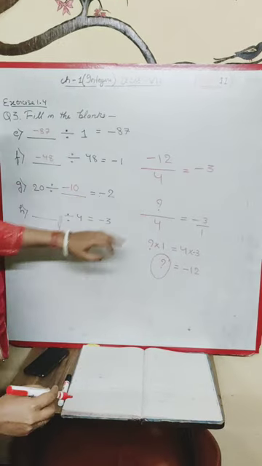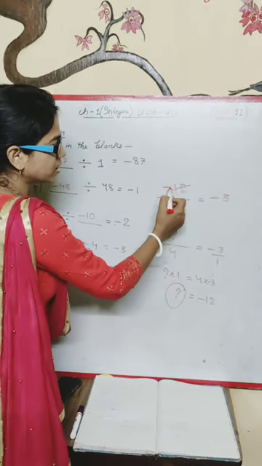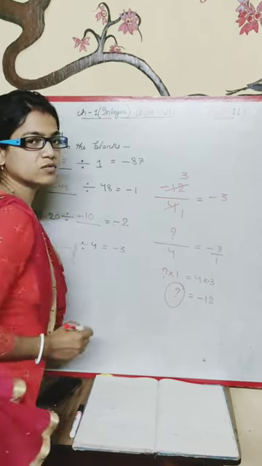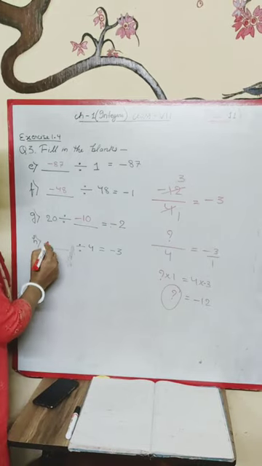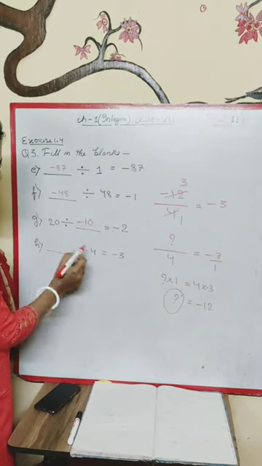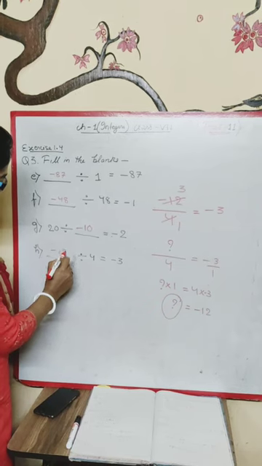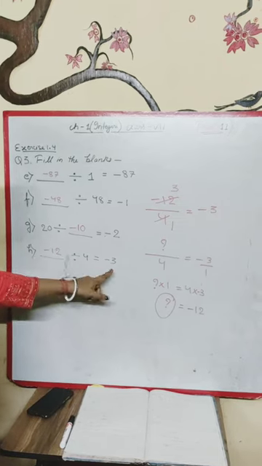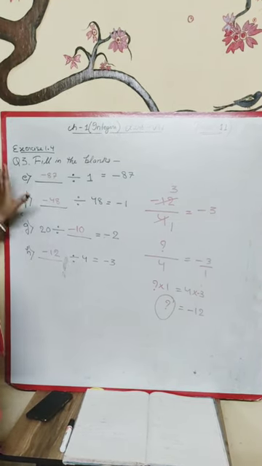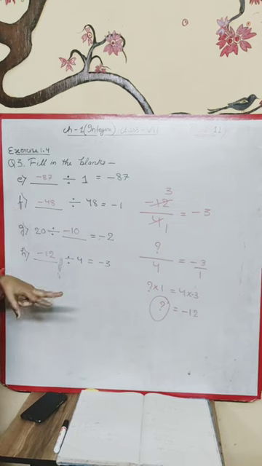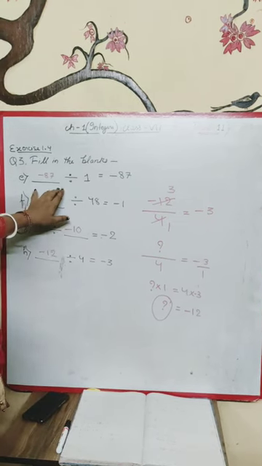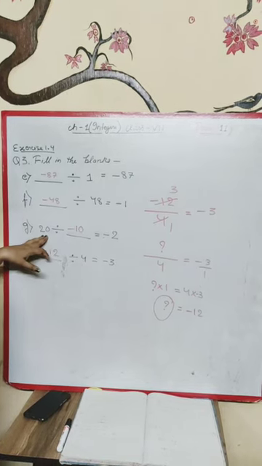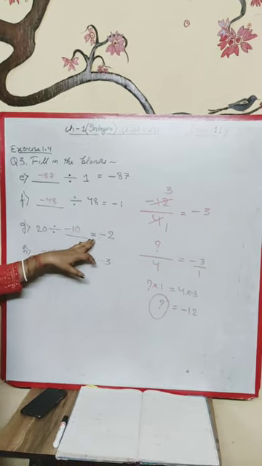You just check the answer. 4 1s are 4, 4 3s are 12. This minus 3 and this minus 3 is equal to minus 3. So similarly we have to solve this question. So the answer will be minus 12. If we divide this minus 12 by 4, the answer will be minus 3. So what we have learned here, we have learned the two processes over here, that if something is missing in the blanks, like here 20 divided upon dash is equal to minus 2.